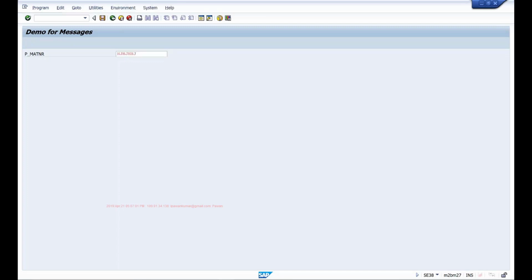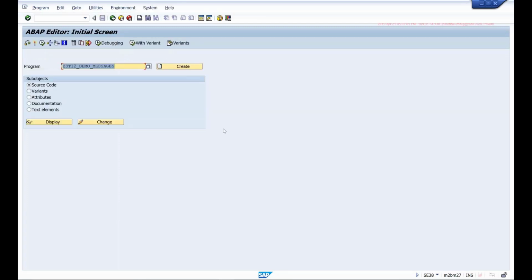So in short, you use messages to provide some interactive messages to the user so that he is aware of what's going on. In this case, if I don't show this message, then the user will input some material number, and if he doesn't see the output, he may assume that the program is not working fine. He won't be realizing that he has entered the wrong materials, right? It's important for us to show it to the user that he has entered the invalid material. In such situations, we can use these messages.